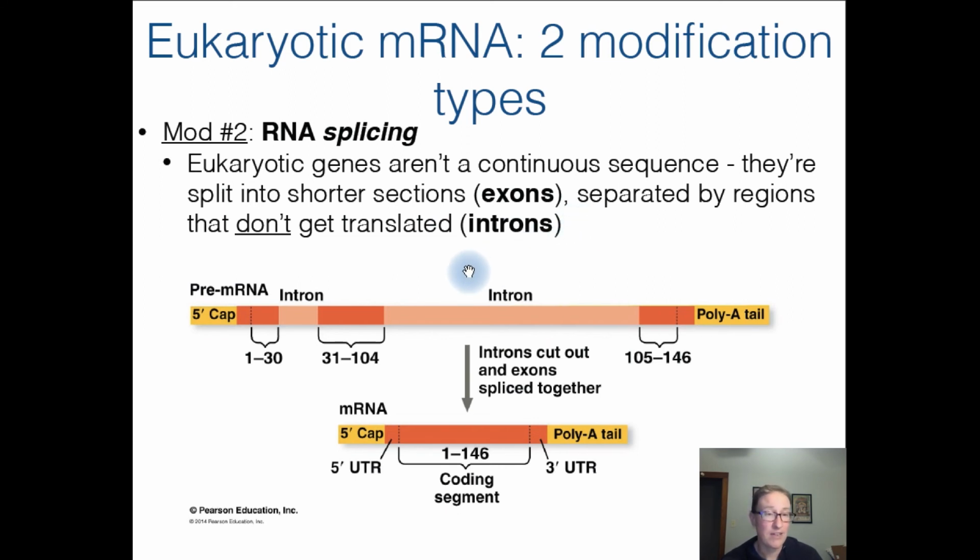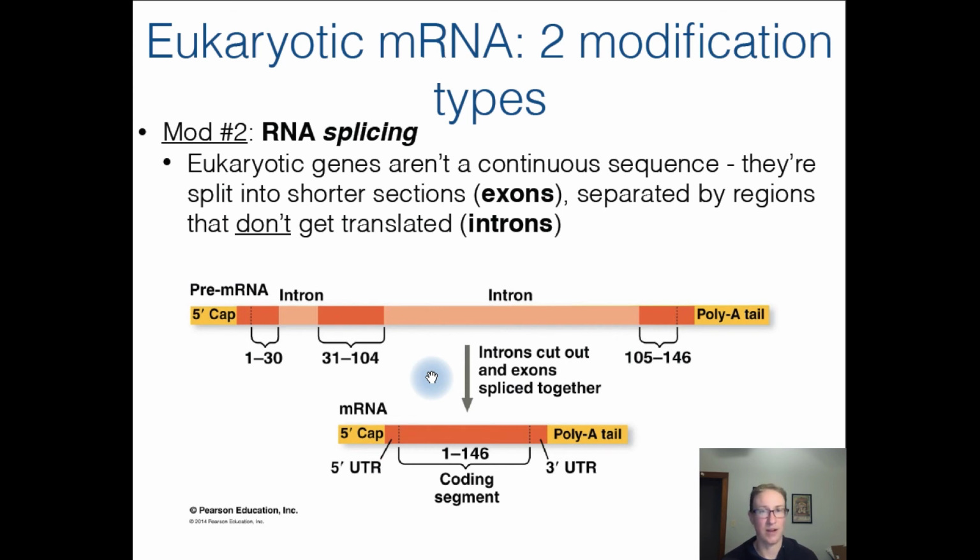In the process of splicing, those introns get removed. So you go from a longer messenger RNA that's a mixture of exons and introns to a shorter final messenger RNA